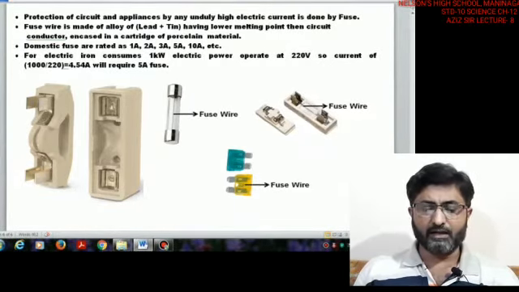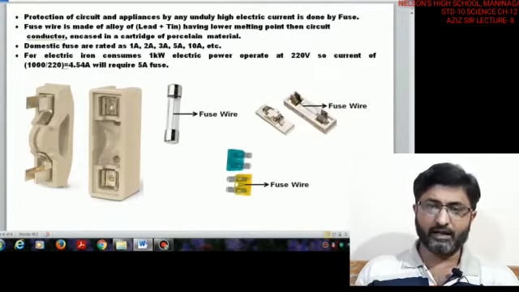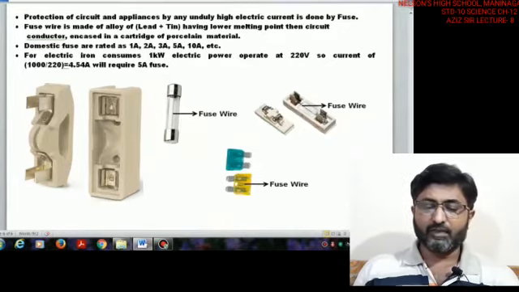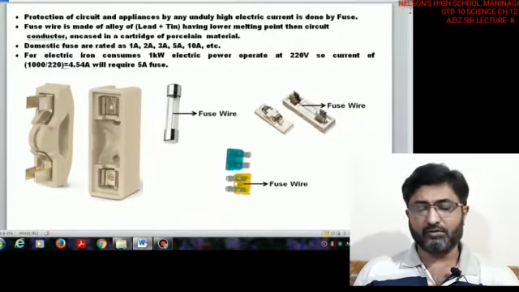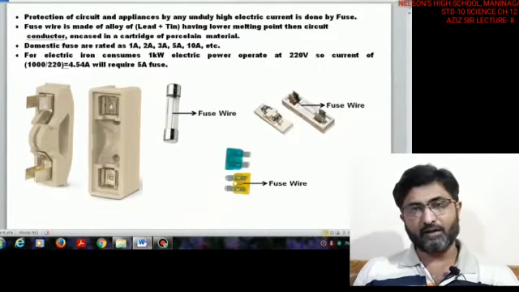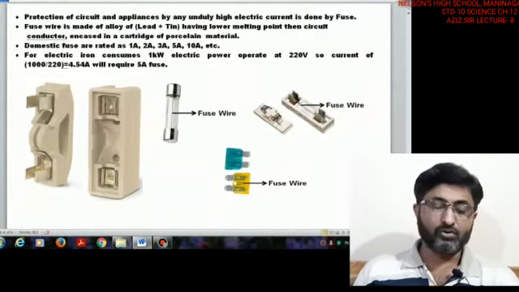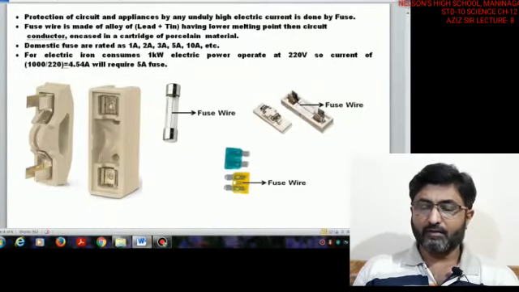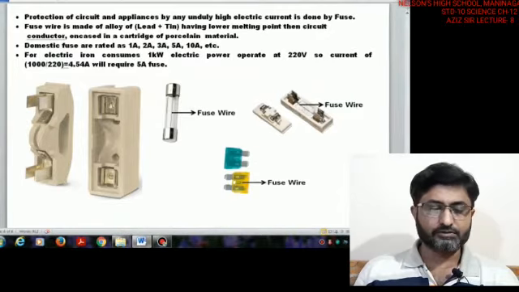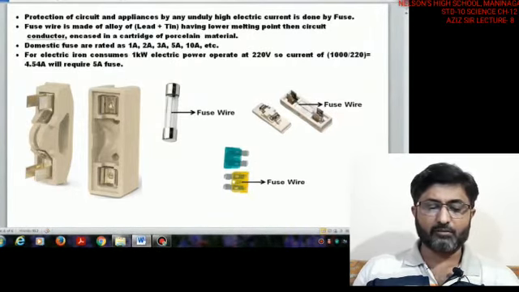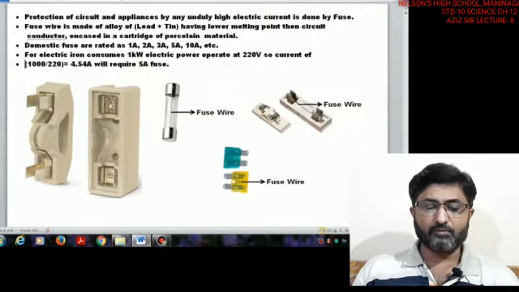How we calculate: like 1 kilowatt, if any, like an iron is 1000 watt, so a 1000 watt iron is there, we are using to operate it at 220 volts which are coming at our house. So 1000 divided by 220 will be equal to 4.54. So this 4.54 shows that this much amount of ampere is formed. That means this much ampere is consumed by an electrical iron.